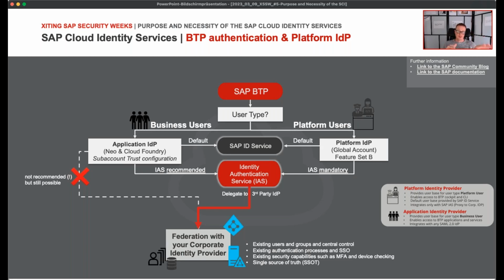This feature has already been released in July last year. And it allows you to really have your own control of authentication, password policies, and user lifecycle. The setup process is really easy. You can do it for the whole global account. And as I said before, you can find more information in the links embedded here in the presentation as well. So that's also a good reason why you should think about considering IAS as your main IDP and then just forward authentication to your corporate IDP.